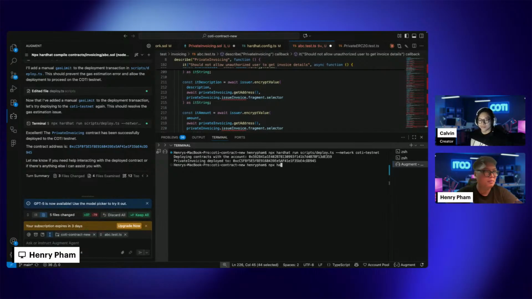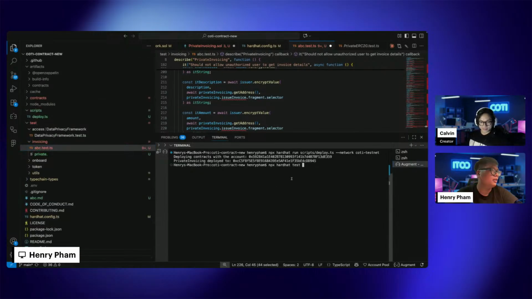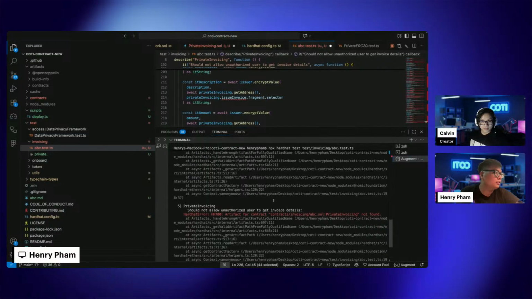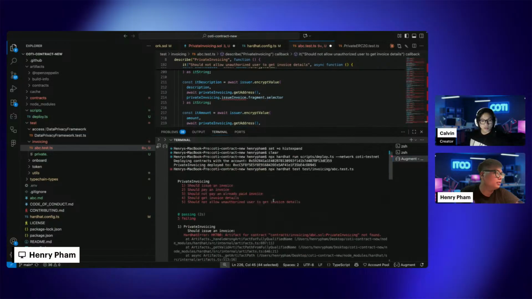So, the test for the COTI private invoicing, should issue an invoice. Hardhat removed my